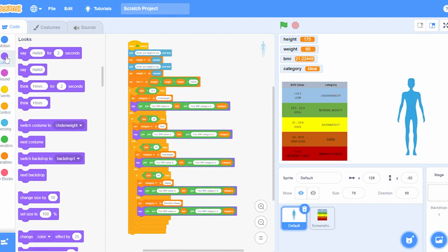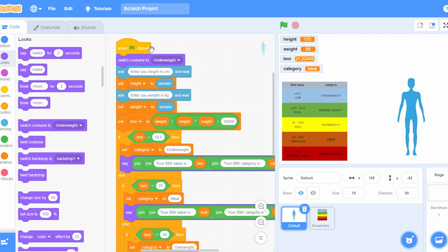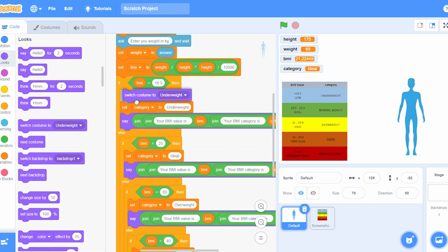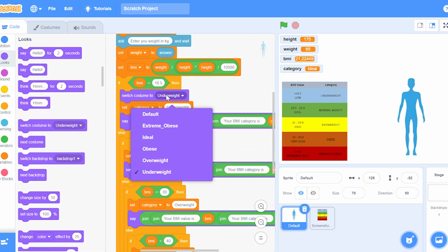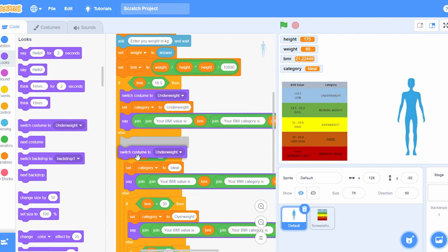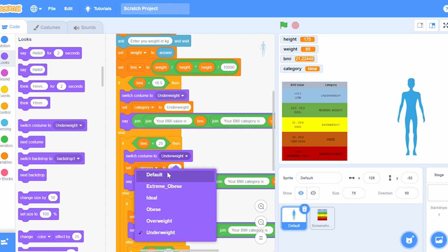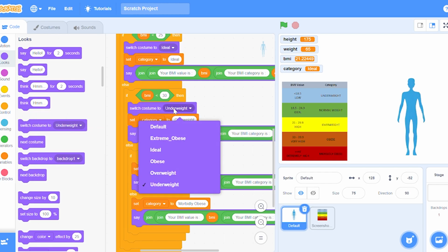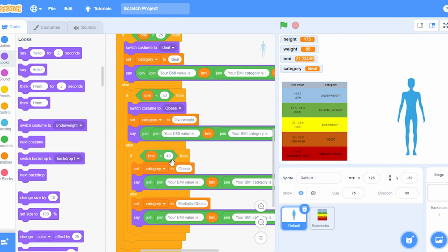Now let's switch the costume according to various situations. We'll first of all set the default costume, so every time we run this program, it will show the default one. Then as per all the conditions, the sprite costume will be different. If it is underweight, switch the costume to underweight. If it is ideal or normal, then switch the costume to the ideal BMI category. Similarly, we'll do this for all the categories: